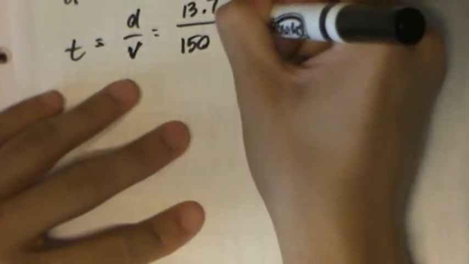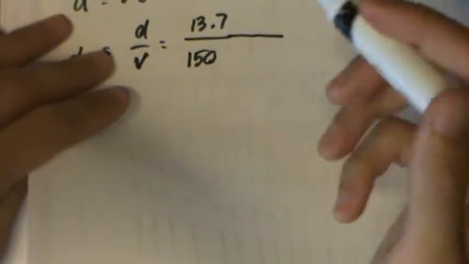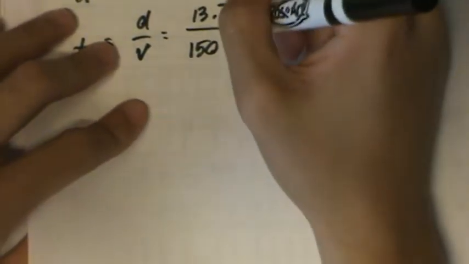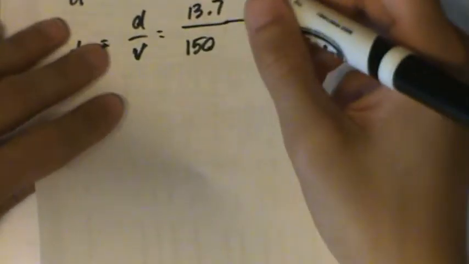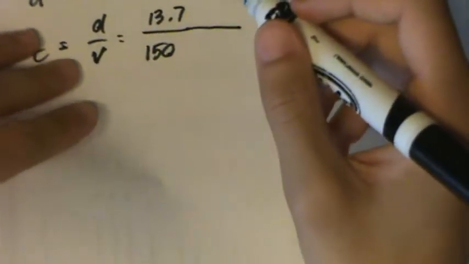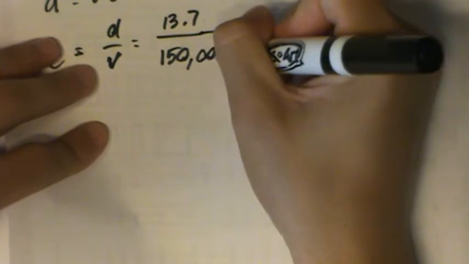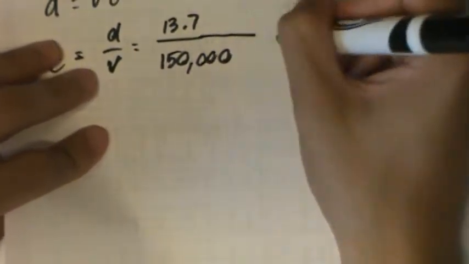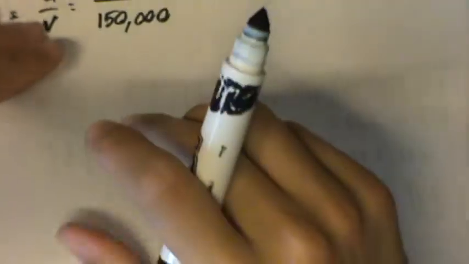But you cannot just put 150, that is in kilometers, and the distance is in meters, so we're going to have to convert one. Let's convert the 150 kilometers an hour to 150,000 meters, and dividing both of those will give us a time of